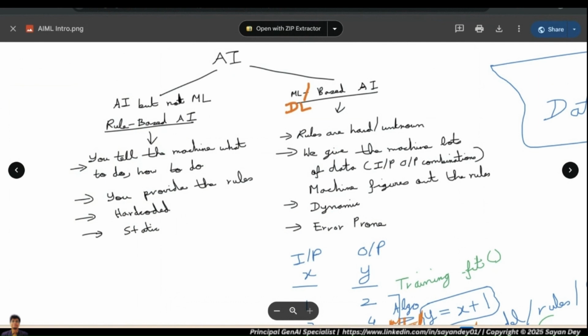Speech to text is impossible to do using rules. You cannot define hard-coded rules. You cannot explicitly tell the machine that, if the audio is like this, then the text is like this. It's impossible. Even simple things like the way Google recognizes our speech, like when you say, okay,